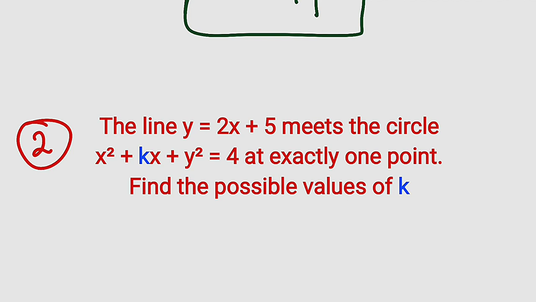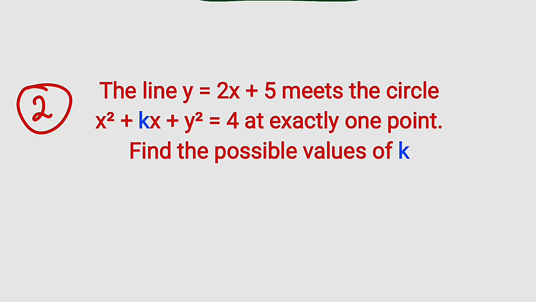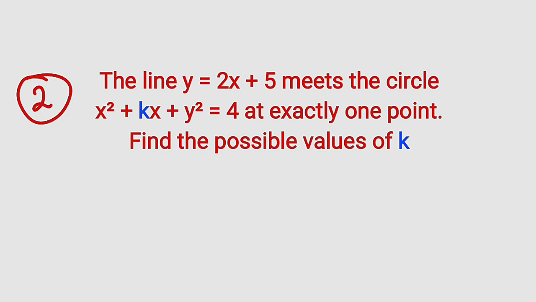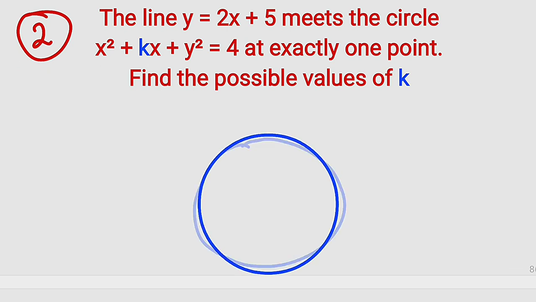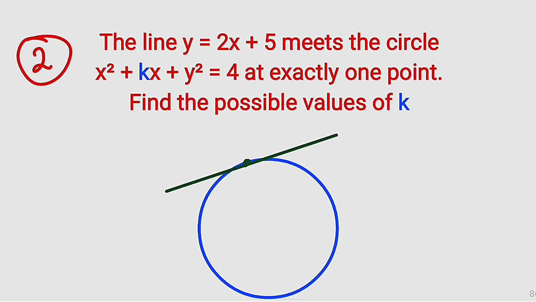So here is question number 2. We are going to do the same thing, though they intersected at exactly one point. Suppose we have a circle here. It means that the line is just a tangent to this circle. They intersected at exactly one point, therefore the discriminant will be equal to 0. All we have to do is to substitute y equal to 2x plus 5 into the equation